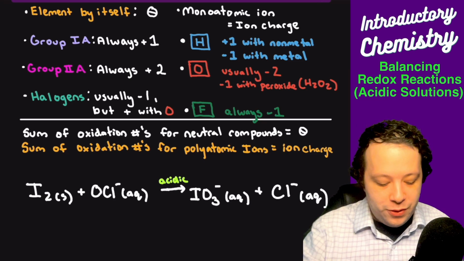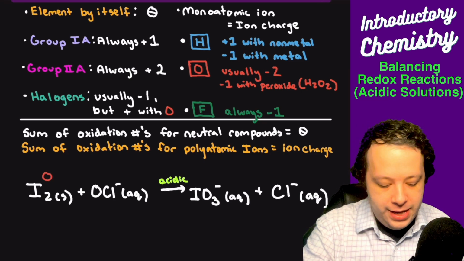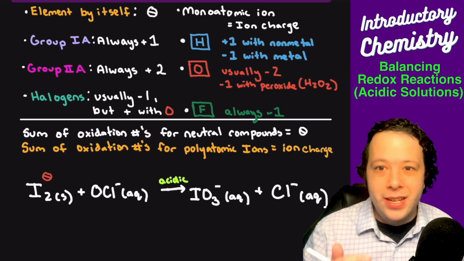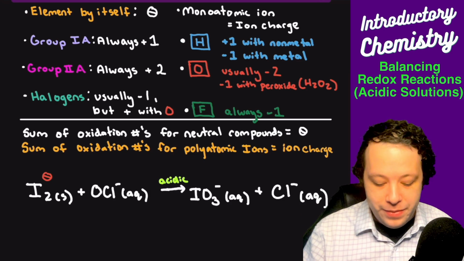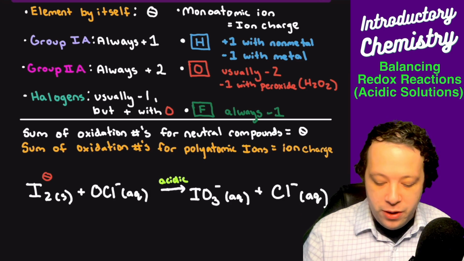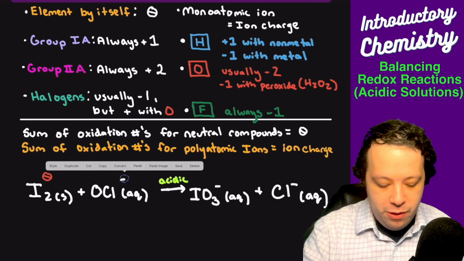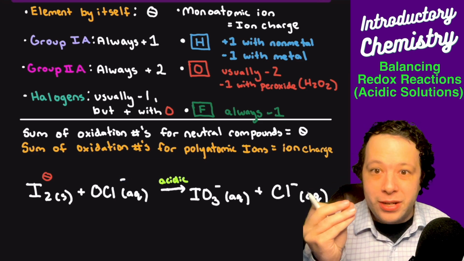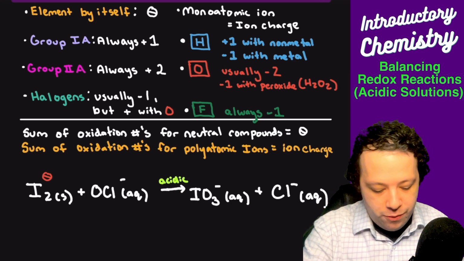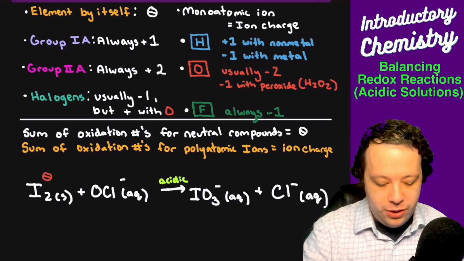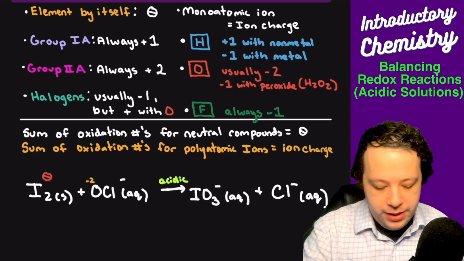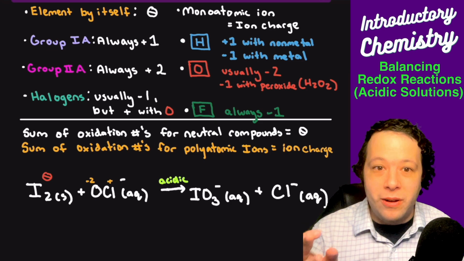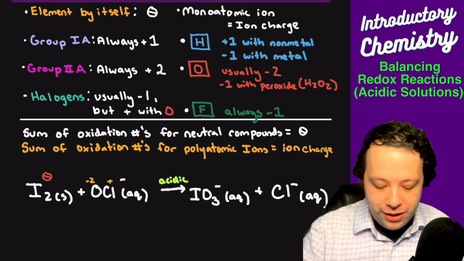If I look at the first one, I have iodine, I2. That is the natural state of that particular compound, one of the 7 diatomics. Then we go to our next one, OCl minus. Overall, it has a negative charge, so we have to think of all of our rules above. The first one is that oxygen is usually -2. What that means is chlorine must be +1 in order to make the overall charge negative. Then we're going to go to the next one.